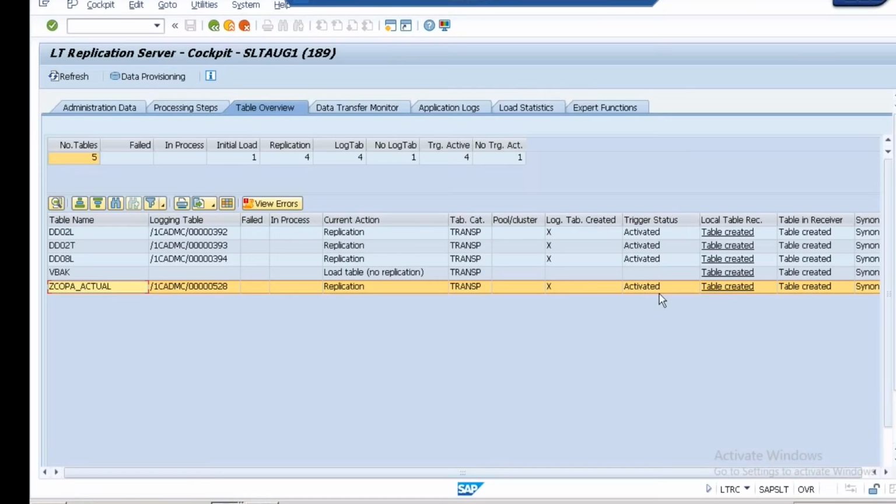So in fact, the triggers are activated, and here you can see the logging tables. Okay, all the participants? Okay, now